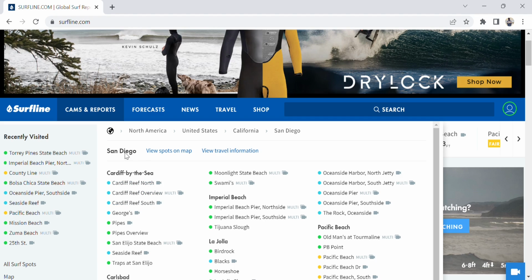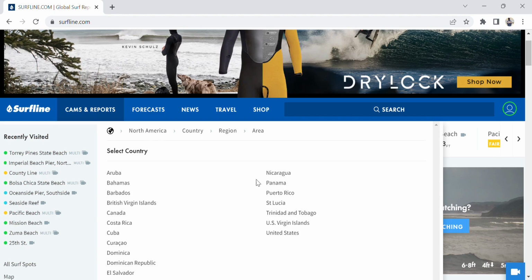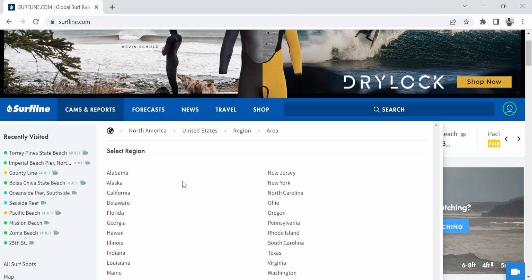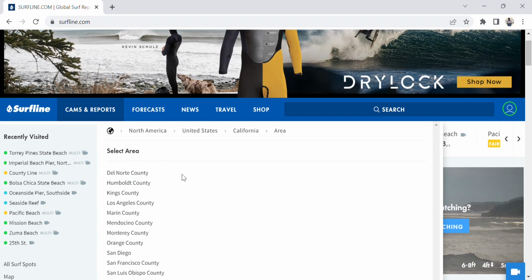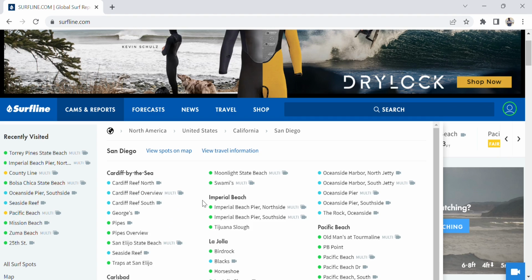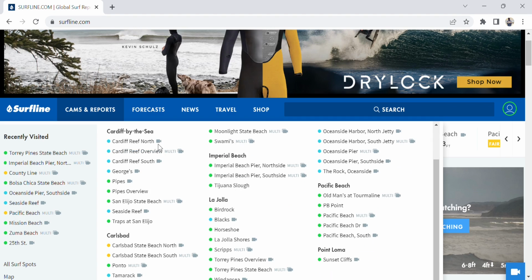So it's San Diego, and obviously you can start by going to North America. You'll narrow it down to United States. Then you'll go to California or wherever you are. I'm in San Diego, so I'll go there. And you can see this indicates there's a cam, this indicates there's multiple cams,